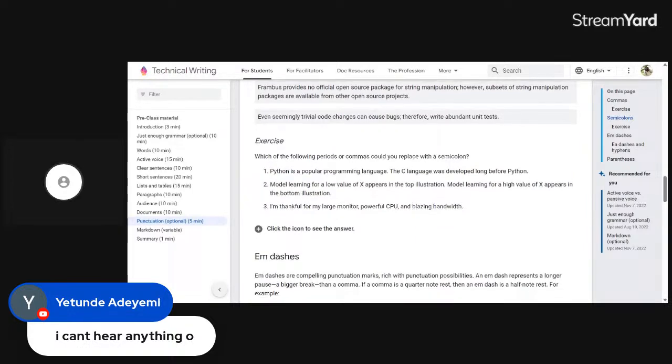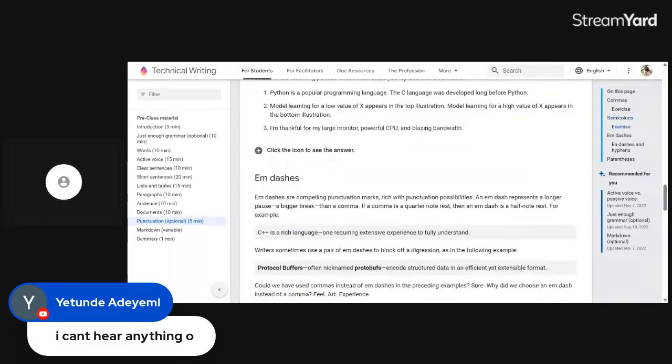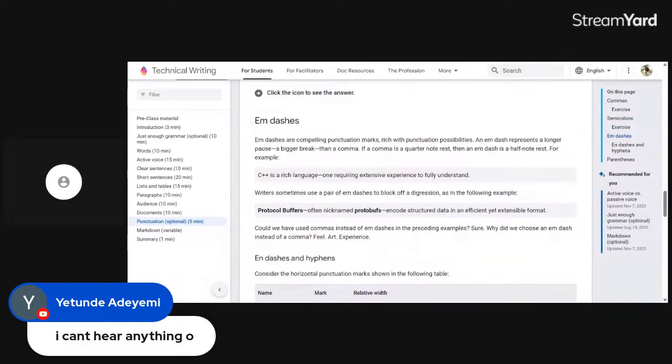So another punctuation is the em dash, as this dash here. It says that em dashes are compelling punctuation marks, rich with punctuation possibility.